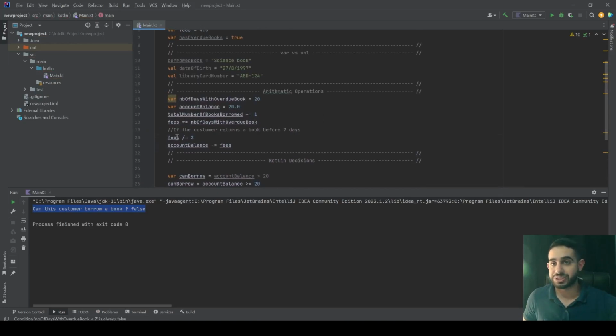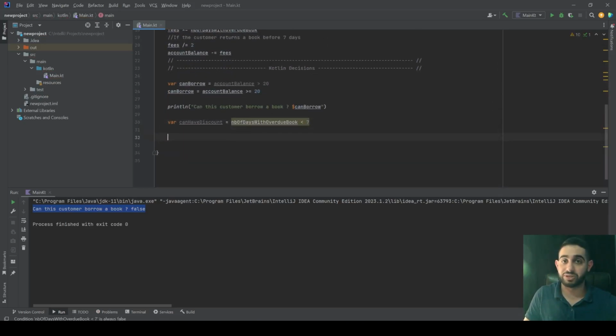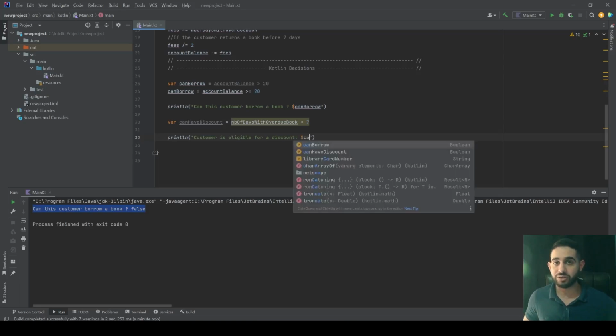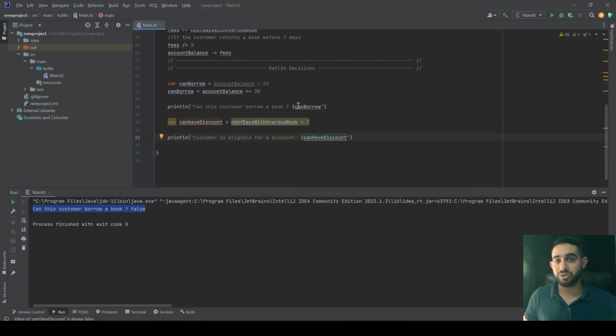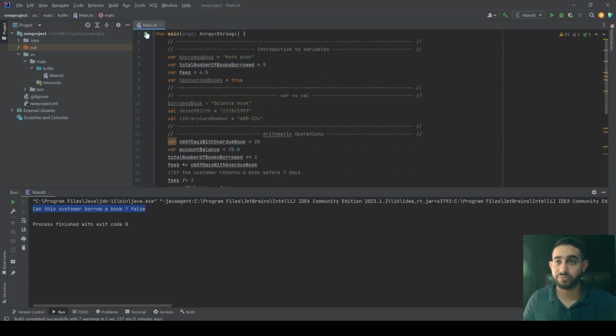So what will we do in this case? We will just do another println statement. Println customer is eligible for a discount, and we try to print the value of canHaveDiscount like this: $canHaveDiscount. Okay, when you use the $ sign, it means you want to print out the literal value of this variable. Okay, if you omit the dollar sign and you try to run your code,